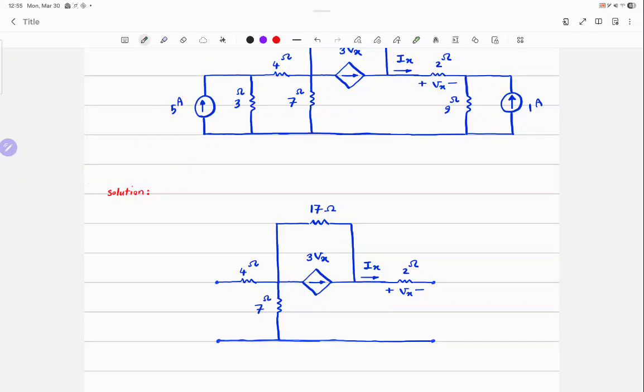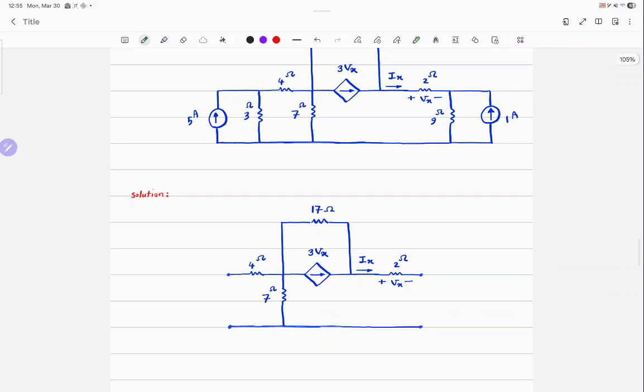Okay, to the right hand side, someone tell me, I removed the 9 ohm in parallel with the 1 amp current source. So what should I substitute it with? You have a resistor in series with a voltage source. What is the value of the voltage source? 9 volts. What is the value of the resistor? 9 ohms. To the left hand side,